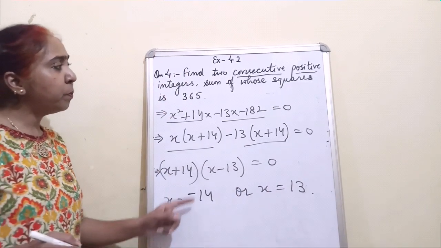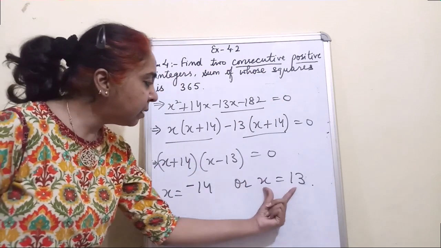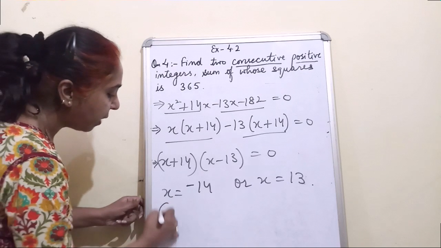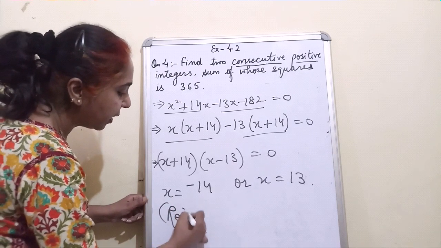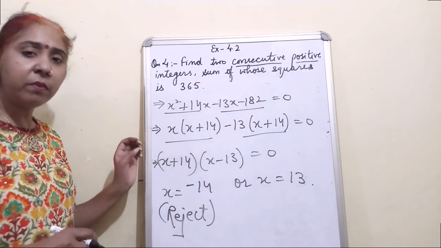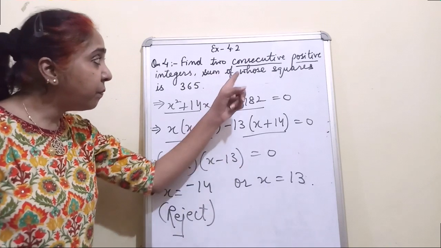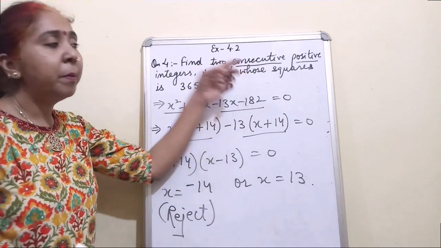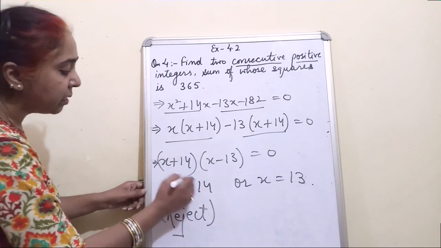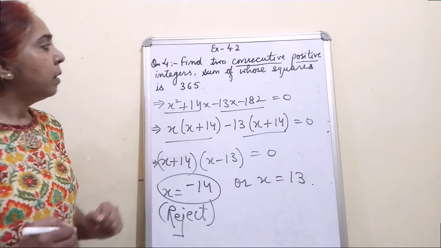Now according to the question, because we want to solve it for positive integers, which answer do I have to reject? The negative answer. So you have to write here reject. Why are we rejecting it? Because it is given in the question. Otherwise we would have to take it. We would have to make 2 cases if this were not given in the question. But because the condition is given in the question, we have to reject this part because the answer is negative and negative numbers are not required here.